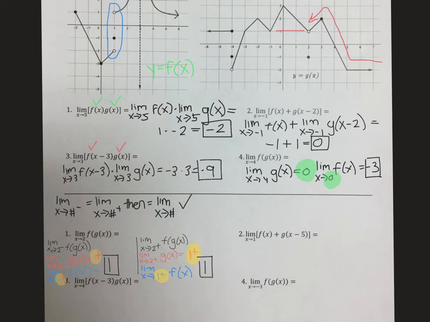So we're going back to the basic definition of a limit. Did my left side limit equal my right side limit? It did, so that means that overall my answer is 1. Okay, I want you guys to try number 4 because it's really similar to number 1, so pause this video